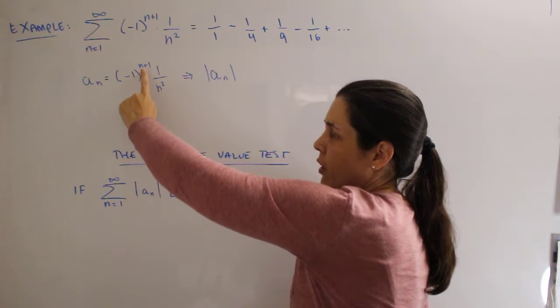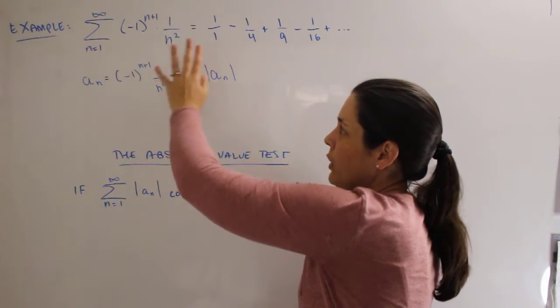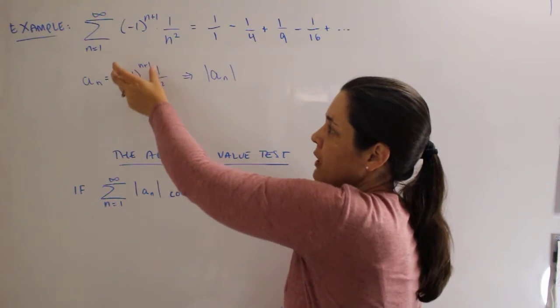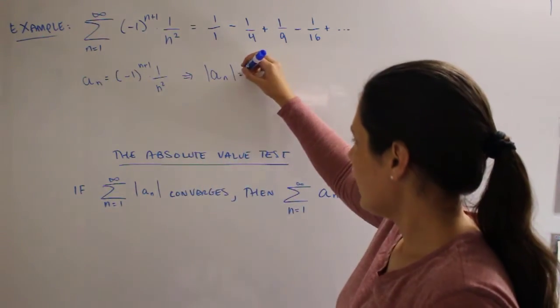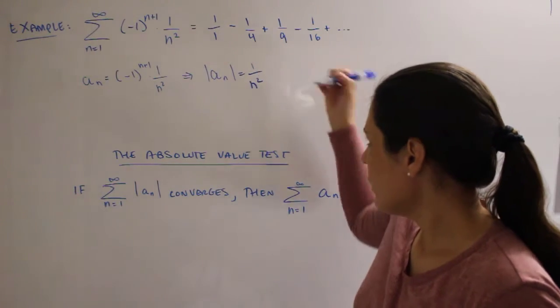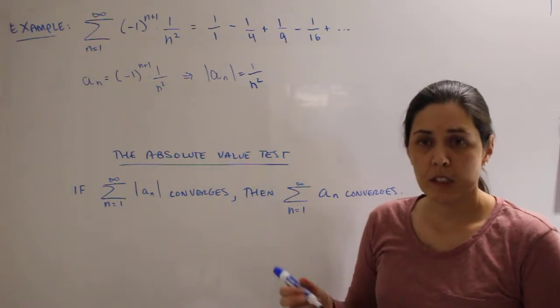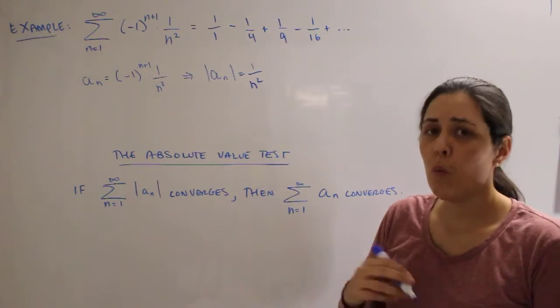So when I have odd powers, I'm going to have a negative coefficient. And so when I take the absolute value, everything's positive. So this factor here is actually irrelevant when we're taking the absolute value because everything's positive. So this is just 1 over n squared. Okay, so this sequence right here, if we rewrite this as a series, it just got way easier to work